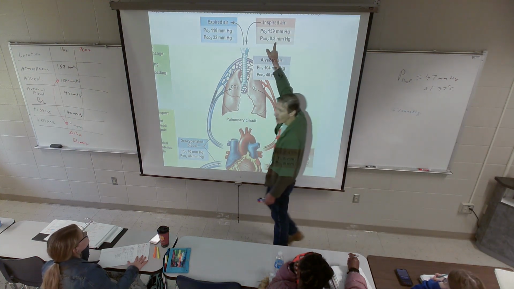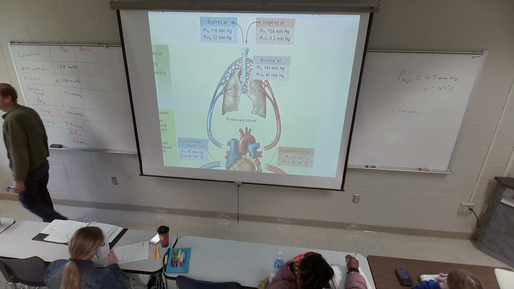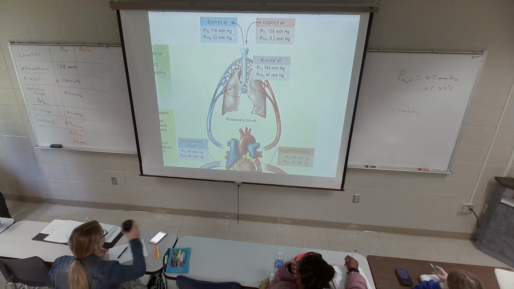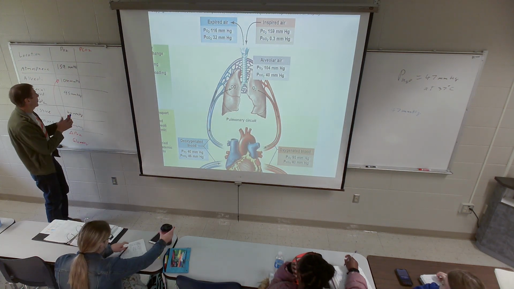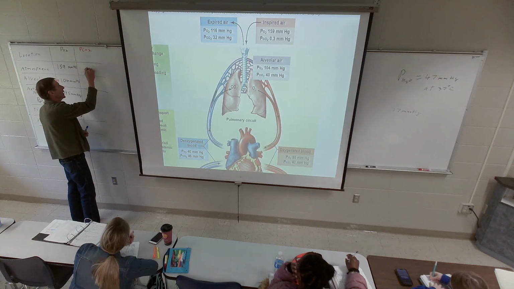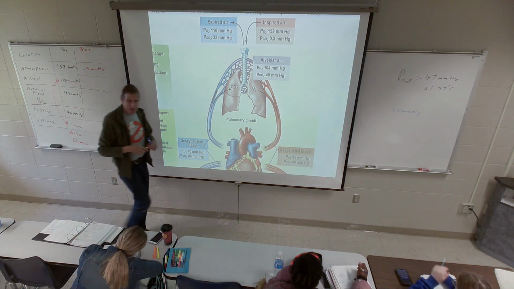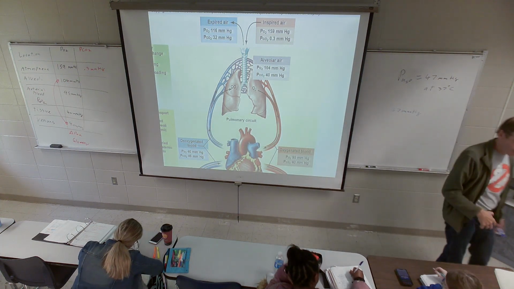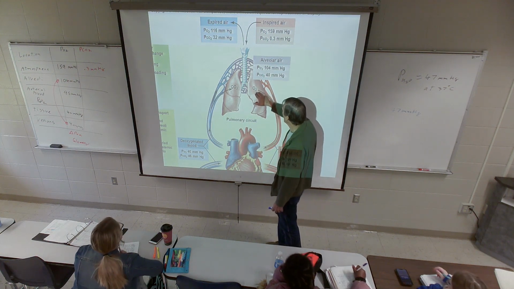The partial pressure of carbon dioxide in atmospheric air, you can almost ignore it. It's 0.3 millimeters of mercury. If it's like 0.03% or something, it's insignificant. So atmospheric PCO2 is 0.3 millimeters of mercury. So it's almost none, no significant amount in the atmosphere. It's pretty significant, except for that global warming stuff. Physiologically, it's fine.